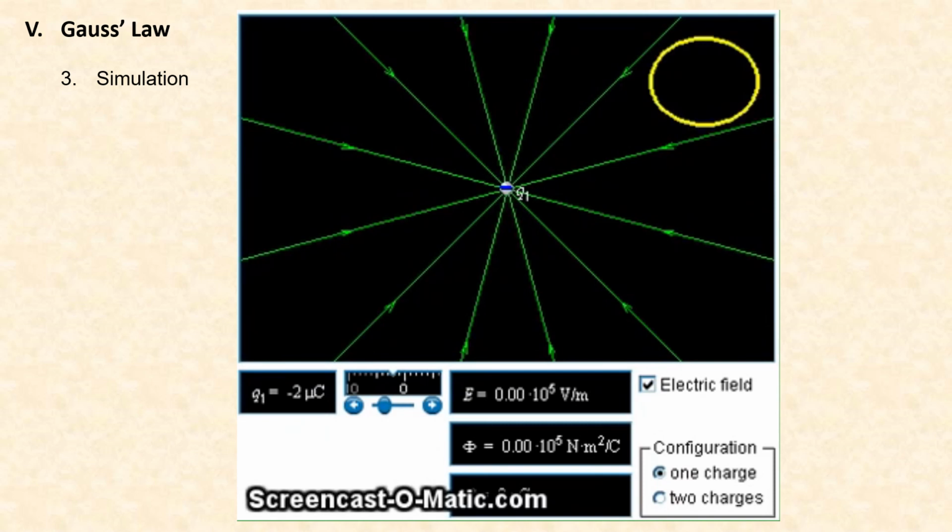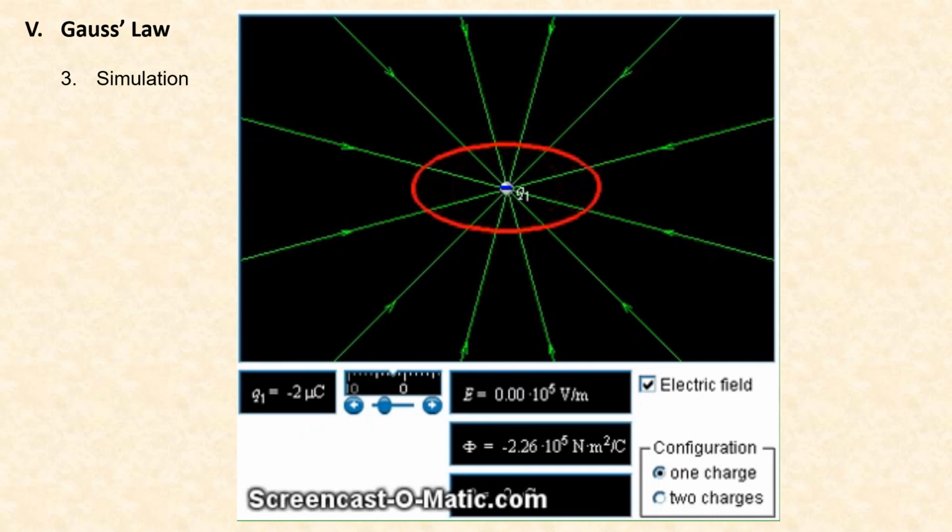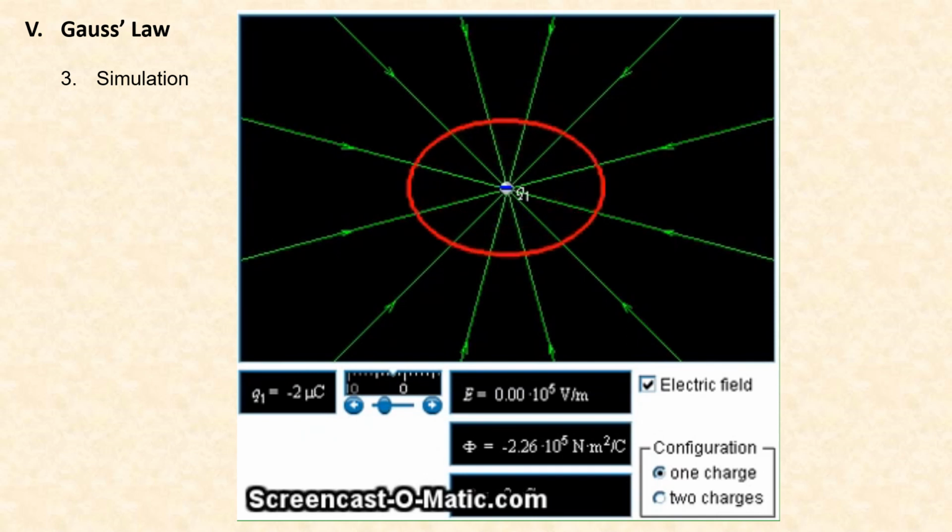Now in our simulation, we are going to shift from the concept of field to that of flux. In order to talk about the electric flux, we need to introduce a surface, and that's what I'm doing here. You see here I am introducing this red surface, and you will notice here that the flux represented with the symbol phi is shown in this box right here. So we're going to change this. We're going to start with a charge of 1